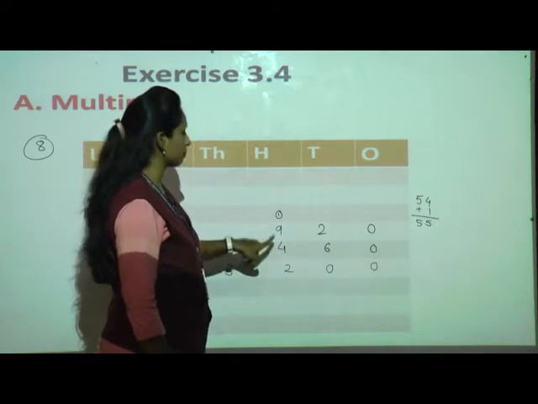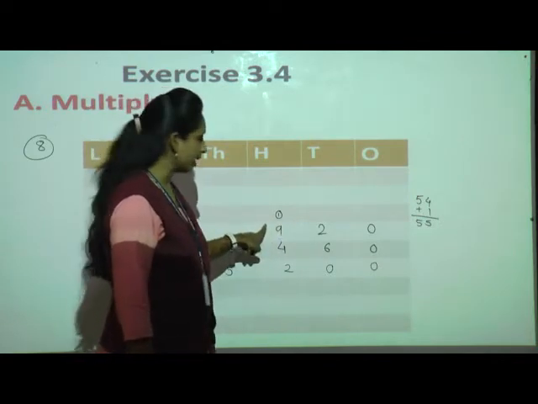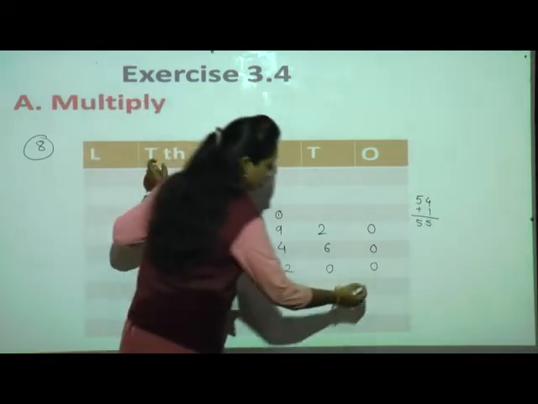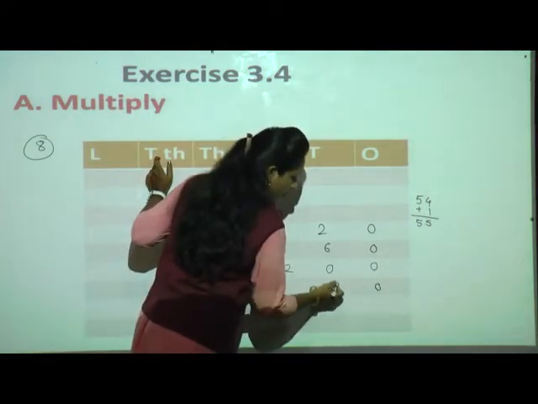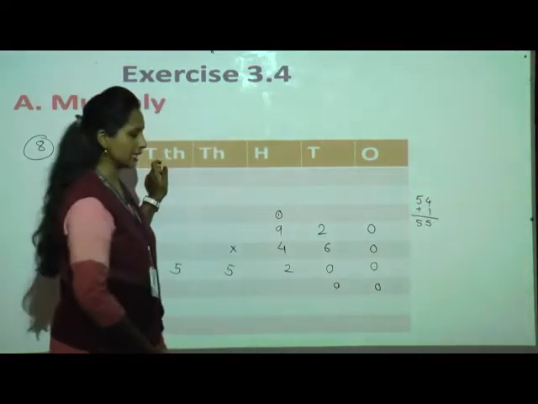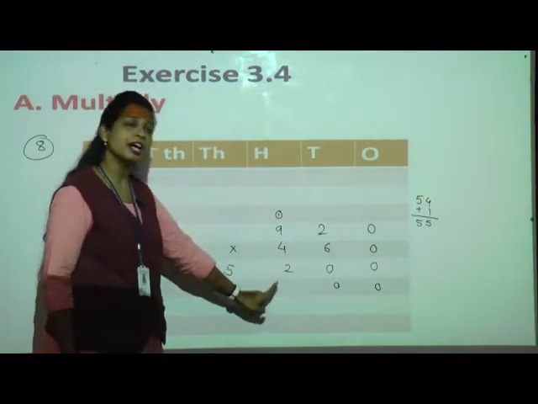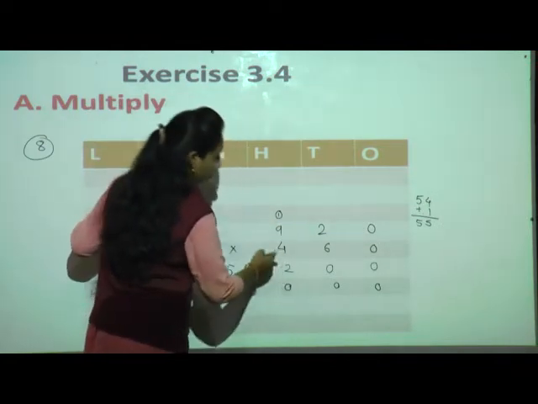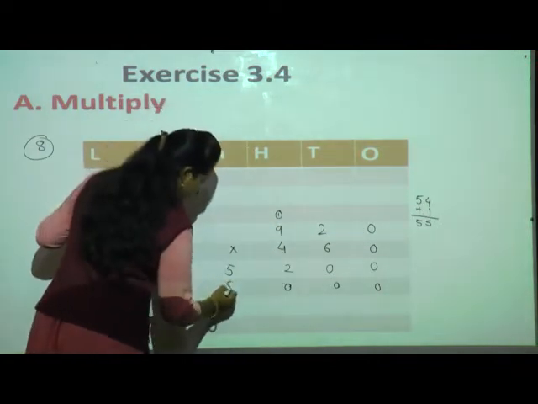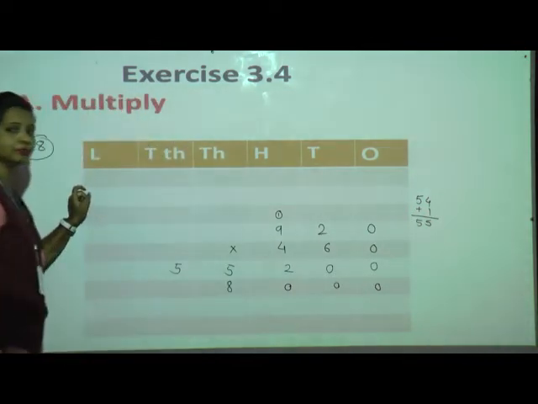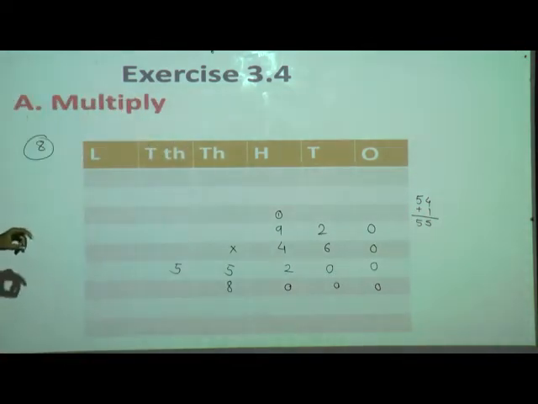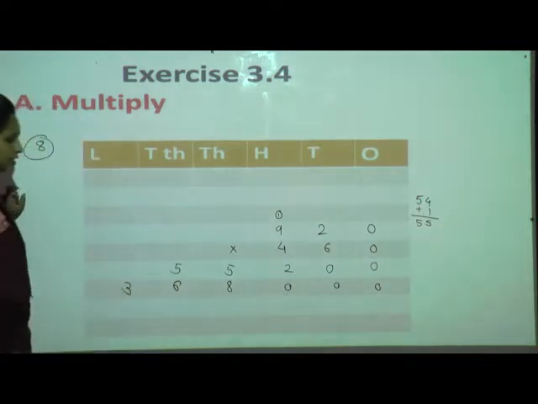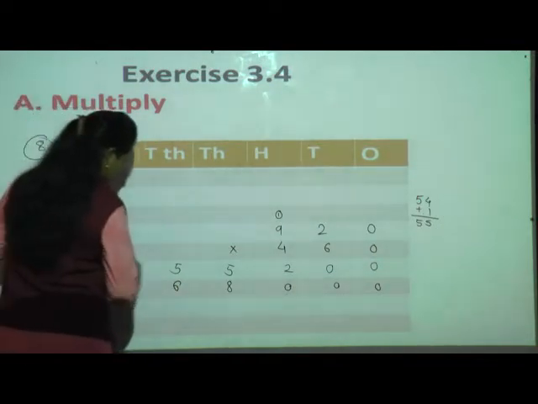What is there on the hundreds place? 4. So now we have to multiply 920 multiplied by 400. So hundreds place means place 2 zeros at the ones and tens place and start writing the answer from the hundreds place. Now 4 zeros are 0, 4 twos are 8, 4 nines are, tell me, 36. So write here 6 and 3, 36. Are you getting?